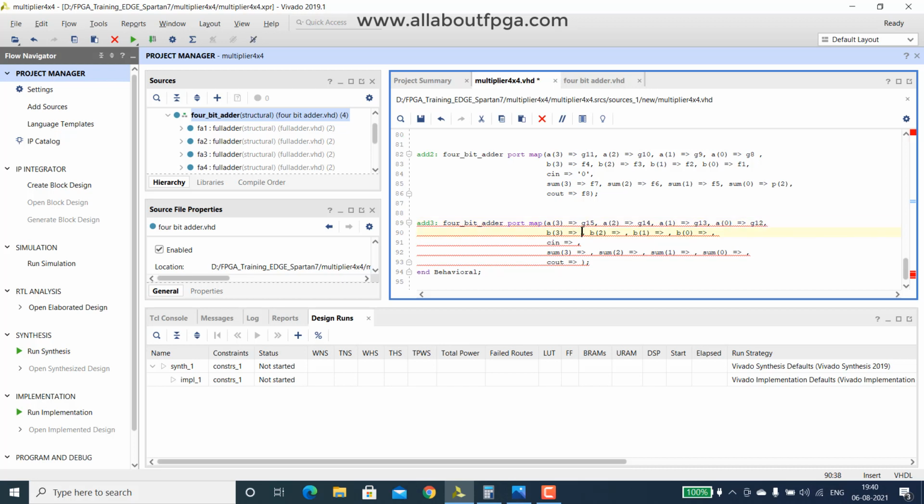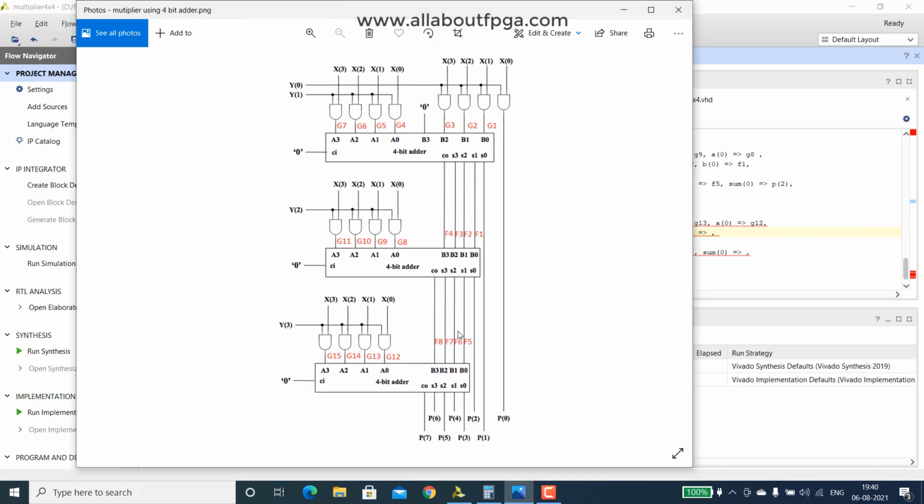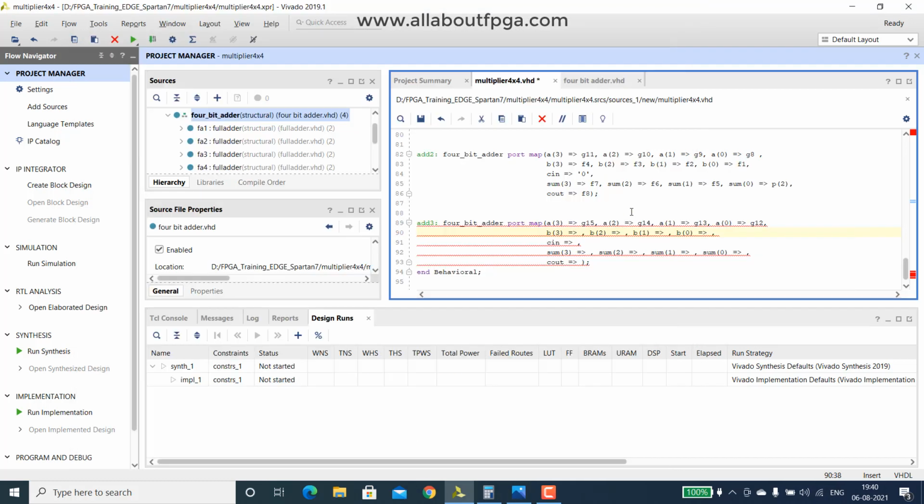Similarly, we have F8 to F5: F8, F7, F6 and F5 as inputs, and the constant single bit 0 as carry in.